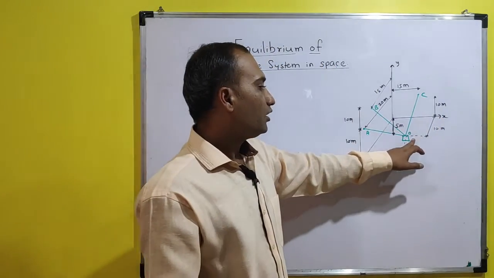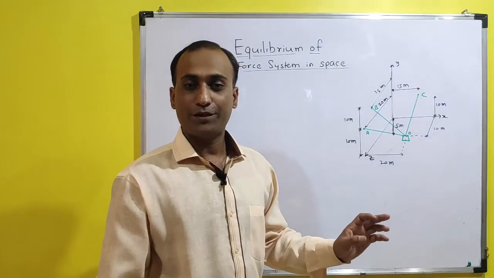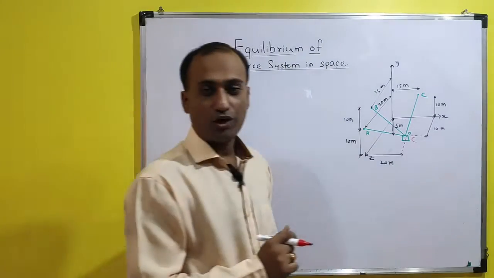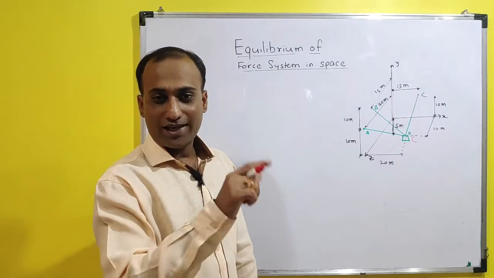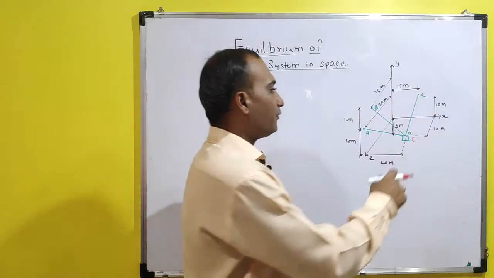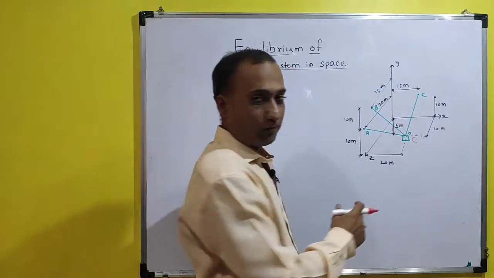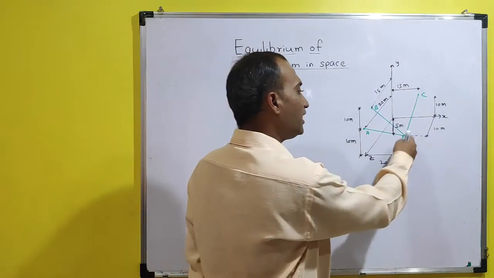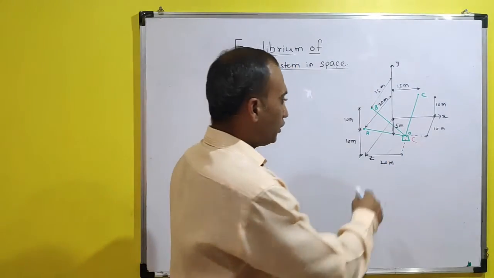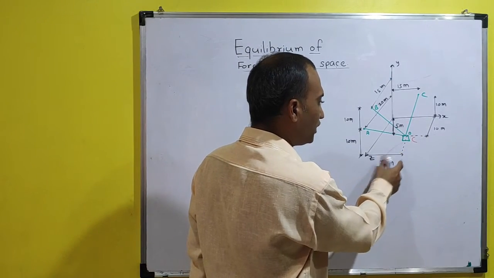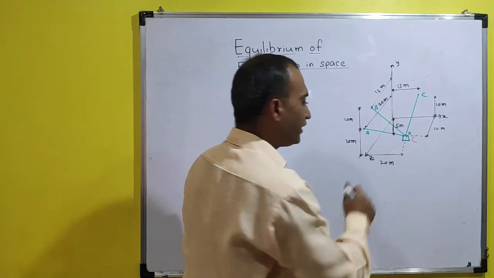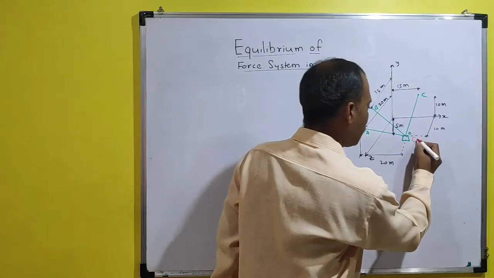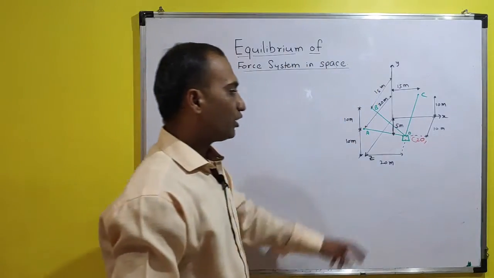to calculate, let us say the coordinate for the point O. So to calculate the coordinate for point O, first of all, which coordinate? What is the sequence that we write? X, Y and Z. So for the x distance, we need to find out the distance which is parallel to the x-axis and which relates to the point O. So everywhere in this figure we can see related to this point O, this 20 meter is the distance and which is parallel to the x-axis. So first coordinate, it is 20 for the O.